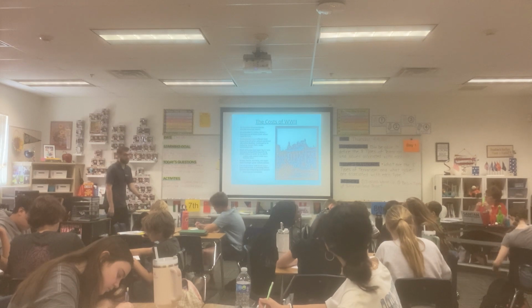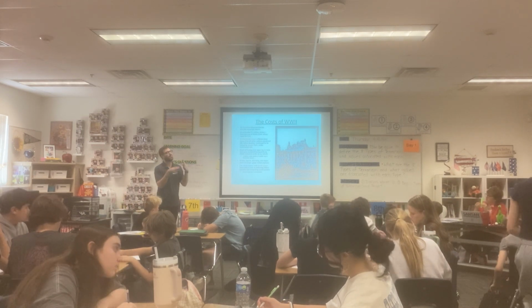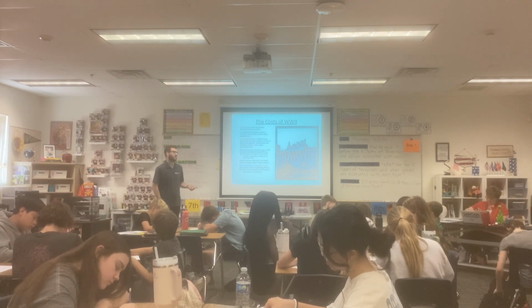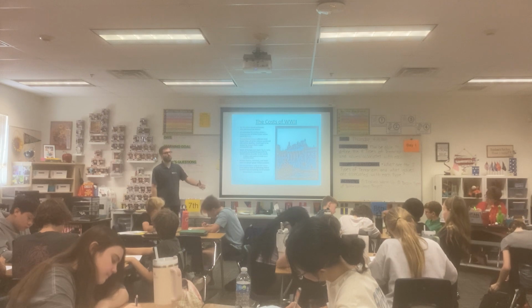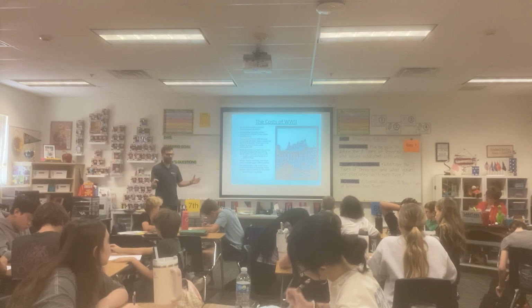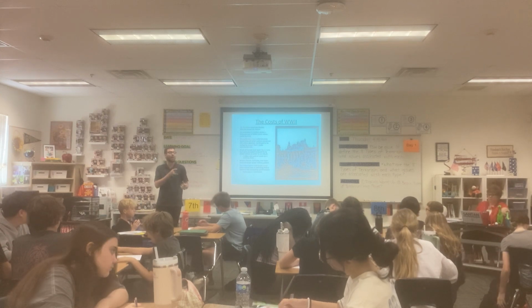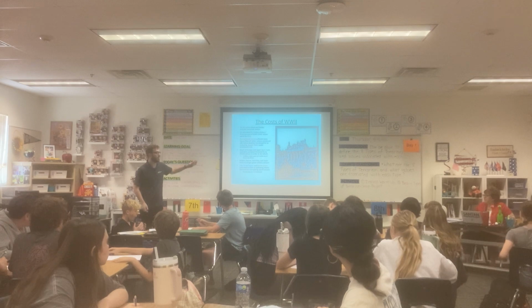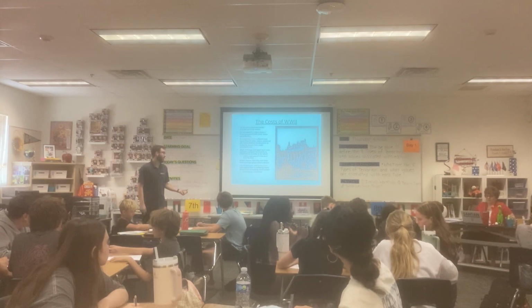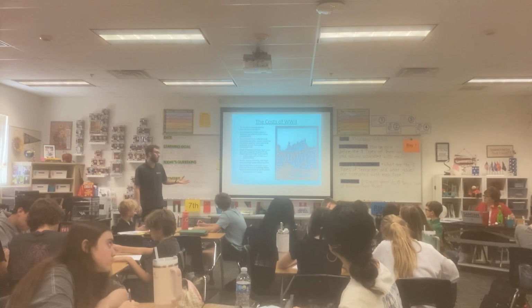So that first major key detail, Mrs. Drake was just talking about it. Red is going to be that main color for communism. So we'll see things referenced such as the Red Army, and people referred to as Reds. All of those are in reference to communism. That's some of the vocabulary we're going to be seeing throughout this unit. We're going to see the color red show up a lot. At the same time, the color blue and blues are going to show up a lot.